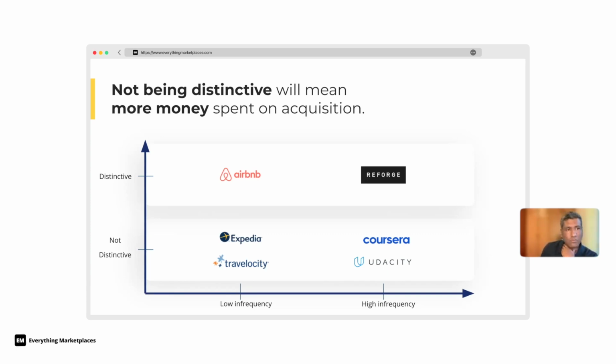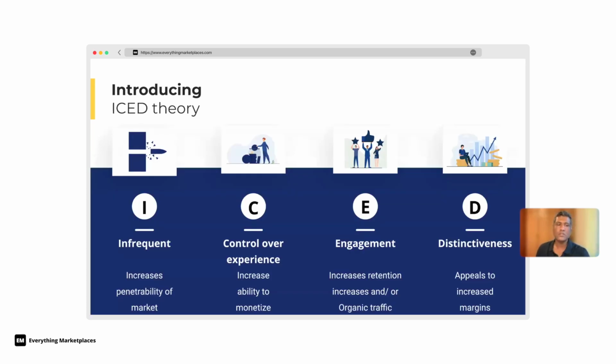And whatever you're offering, is it still distinctively valid? So now they're just cobbling everything back together. So we think about infrequency, which is I, that increases the penetrability of the market. So how can you appeal to more people in the market? It is also a lever for you to increase the lifetime retention of the product. So what we spoke about is getting people to file taxes year on year. So I is a way for you to manage that